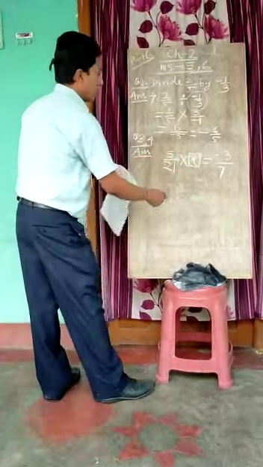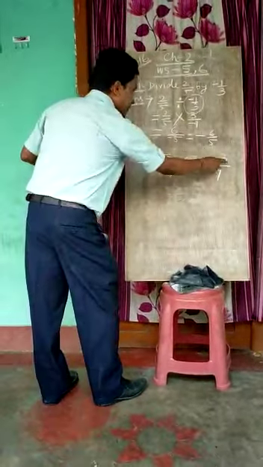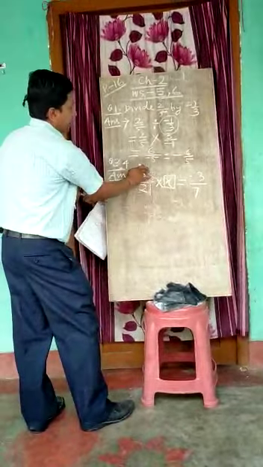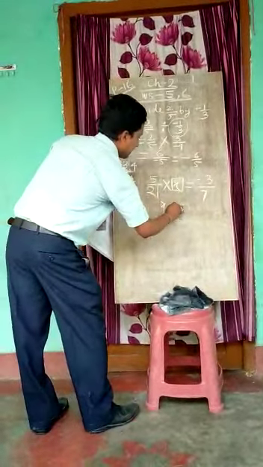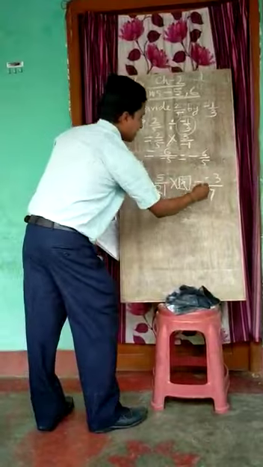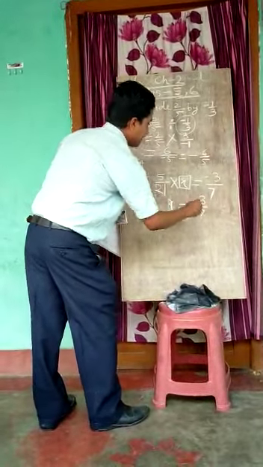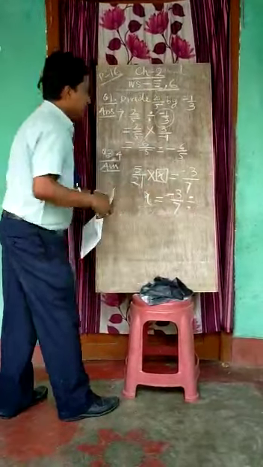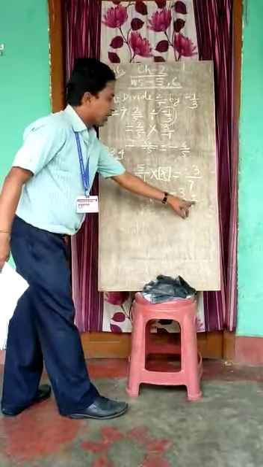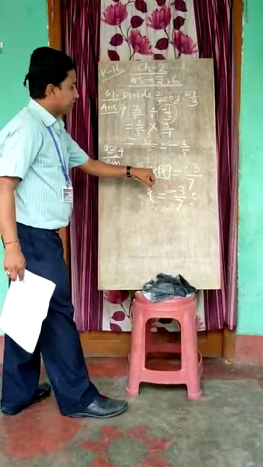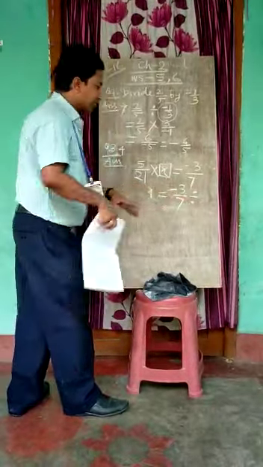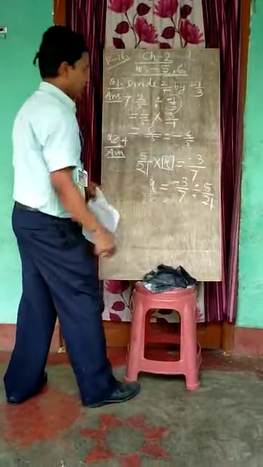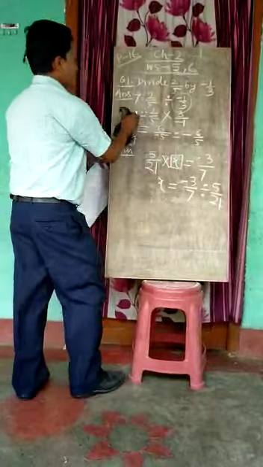Now how can you solve? You get -3/7. Now there is a multiplication sign, so you keep x on the left-hand side. And what is on the right-hand side? -3/7. Since there is a multiplication sign, write division. If there is a plus sign, then you write minus; if there is a division sign, then you write multiplication. Now what is this? 5/21. So write 5/21.